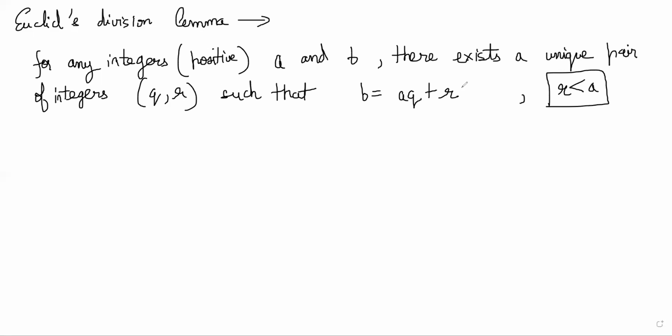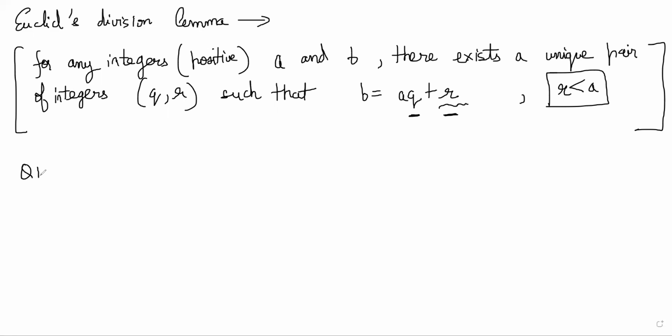So basically we are saying if we divide B with A, we will get an integer which will be the quotient and an integer which will be the remainder. And the remainder must be smaller than the divisor, because if the remainder was larger, then you would have A into Q plus 1 here, right? So this is something that you have encountered in 10th grade as well, and it should be pretty familiar to you. So what we will do now is use the definition of divisibility and Euclid's division lemma to check out